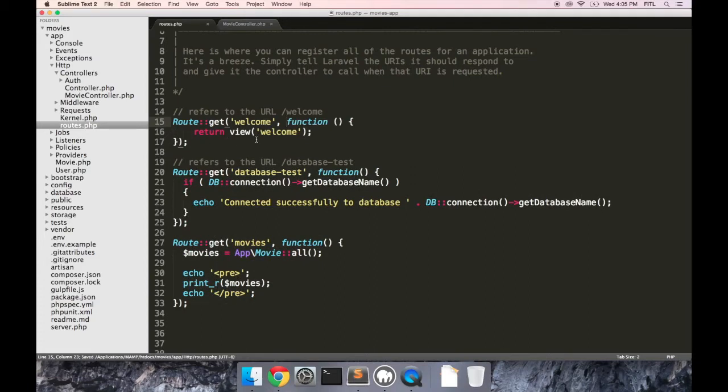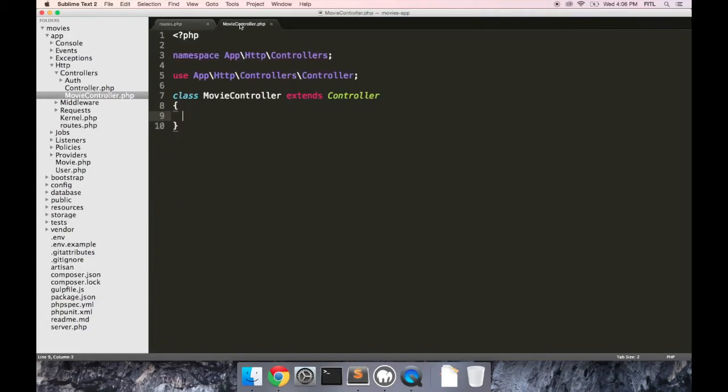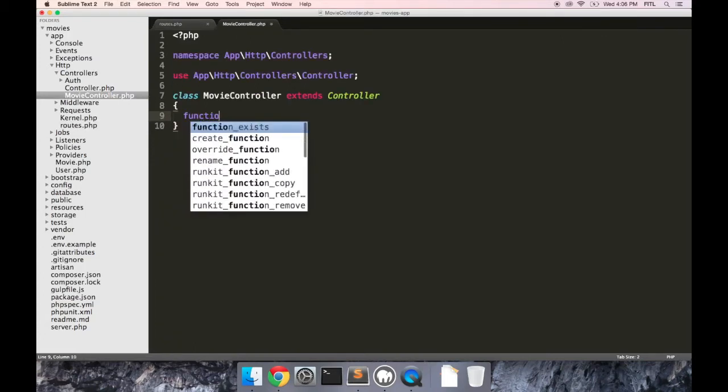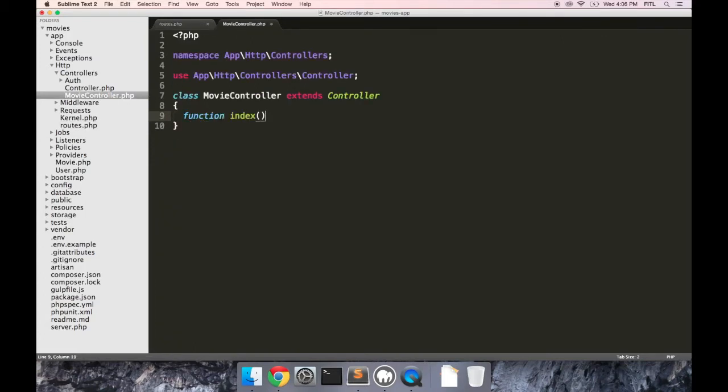So let's go ahead and add a new function to our controller, and we'll call it index. In programming, index is the common name used for a page which is going to display all of the objects of a certain type. So you might be guessing, and if so, you're correct, that this is the function we're going to use to power our movies